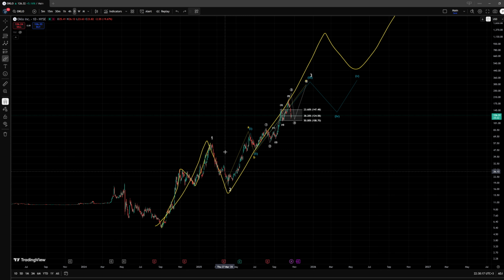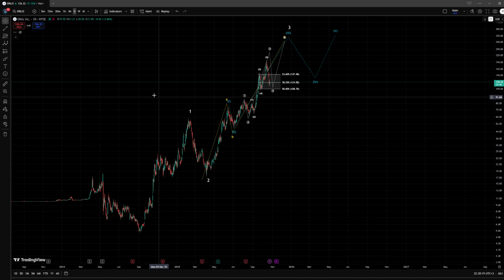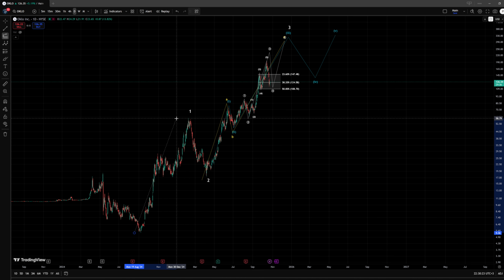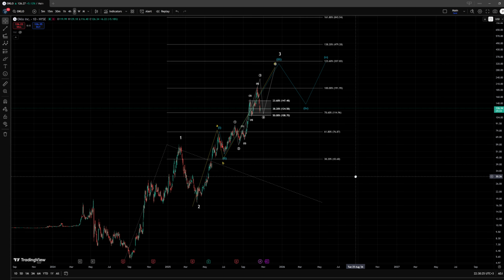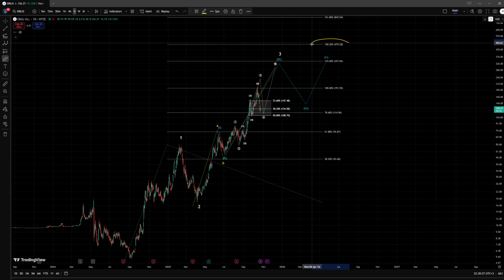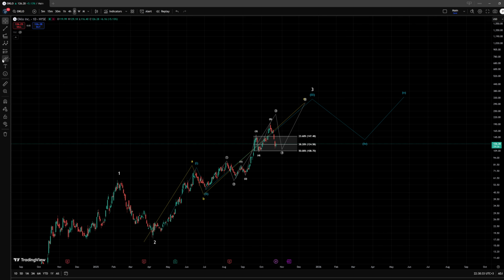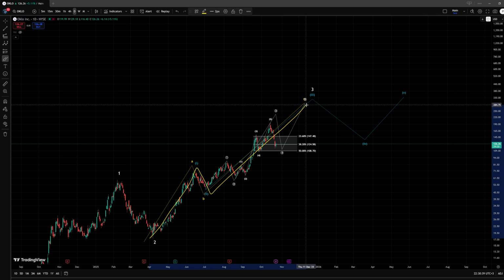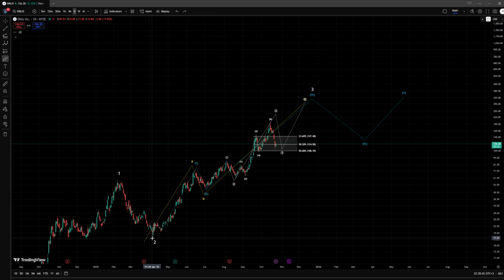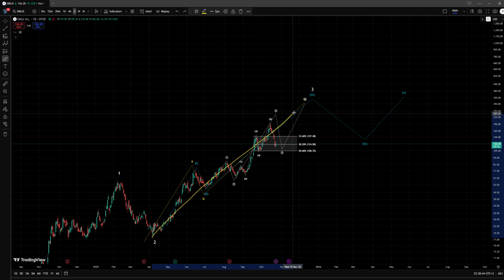Now, in either case, I would like in this third wave to the upside to reach the ideal target for such a wave 3, and in this case it is around the $480 level, the 138.2% extension. And then in that case, I would probably need to assume that even within the yellow scenario, where this would be something like an ABC movement to the upside, it would probably end up being just an initial wave A up,